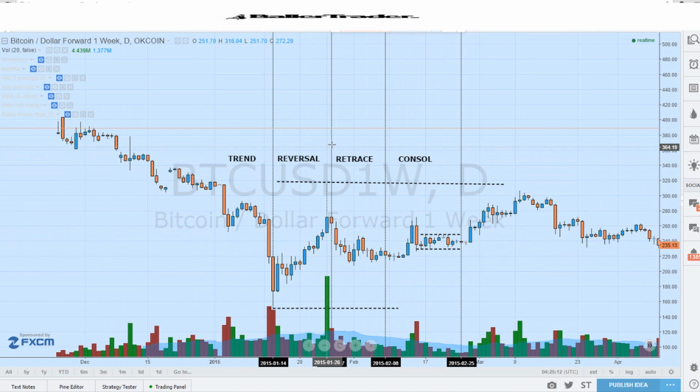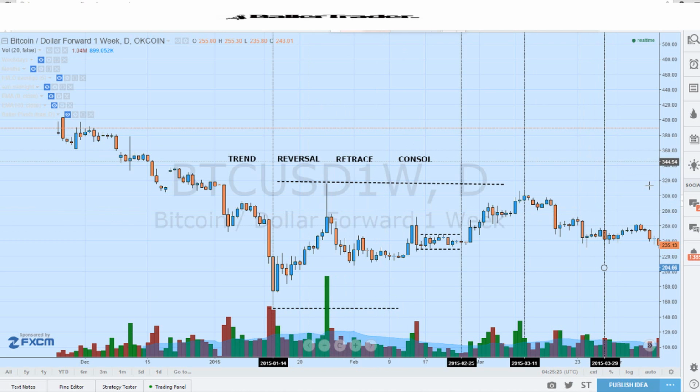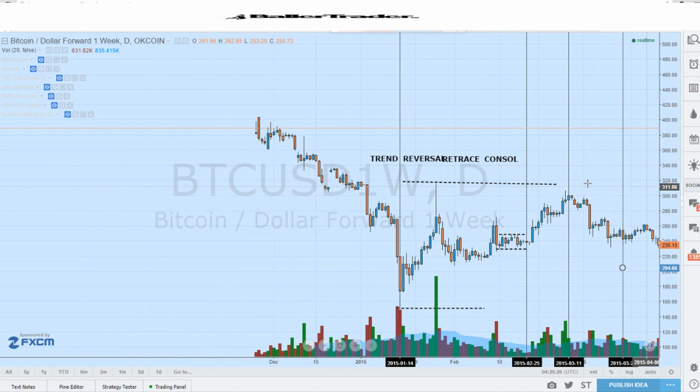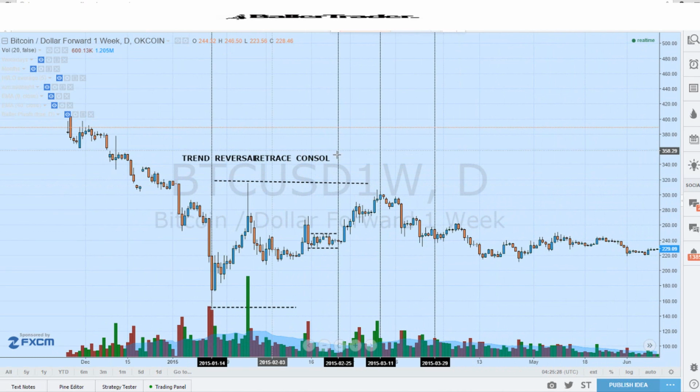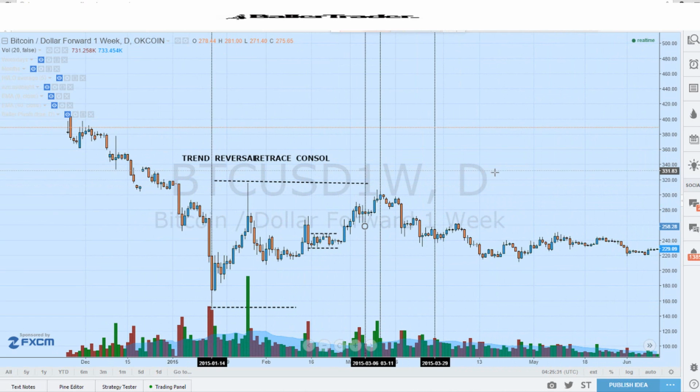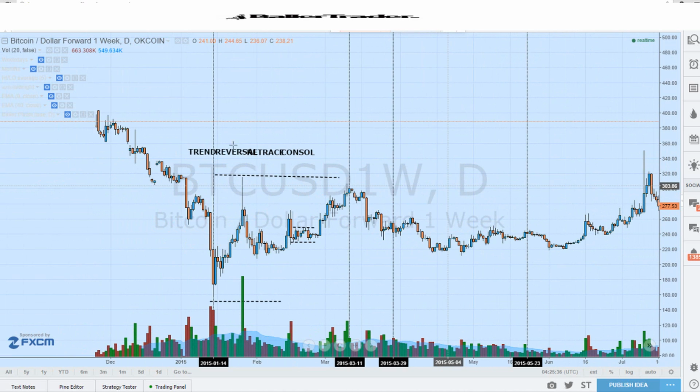What we could do is even call this whole thing a trend, or we could even call this whole thing the reversal, and we could call this the retracement, and then we could call this whole thing a consolidation, which would then break out into a trend. So really, we could call this the trend, and then this entire leg we could call a reversal, and then we could call this the retracement,